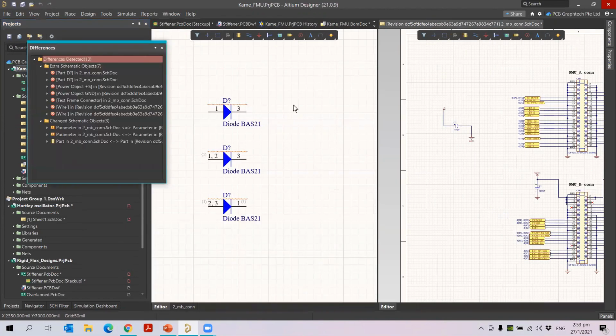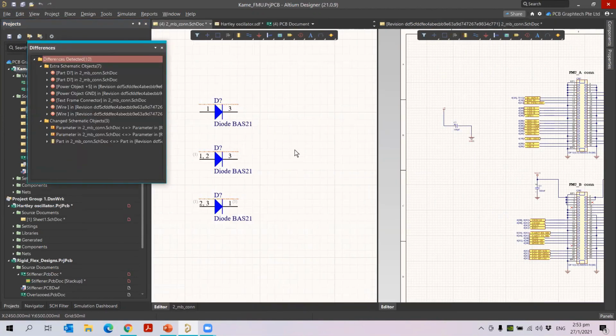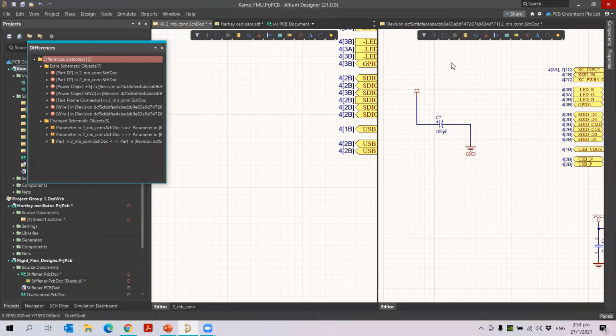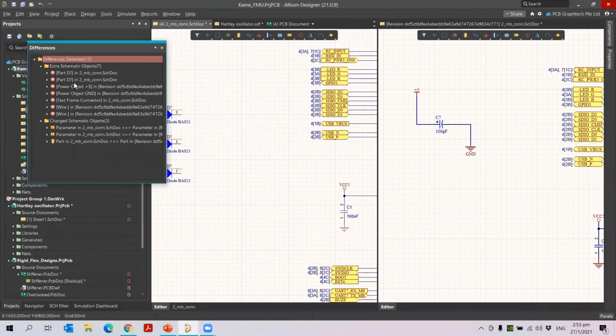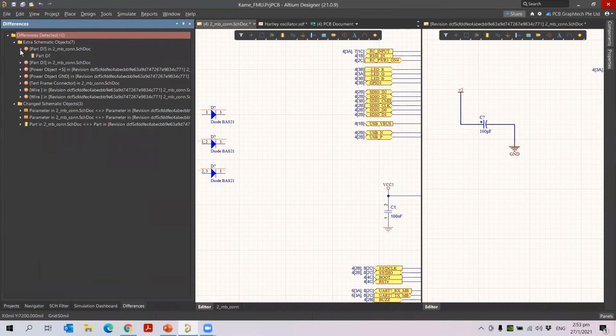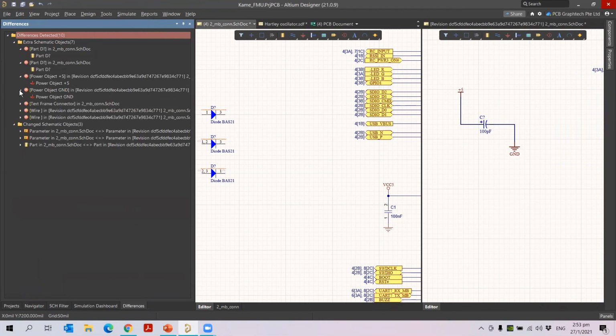So what happens, this is my project, I didn't save to the server. So you can see this is from the main project. In the main project, there is a capacitor and the supply and the ground, but my sub project doesn't have that. So it shows the differences here. Okay, so the differences are visible now. You can see there is no part, all this information is now visible here. So you can see what all the differences are.